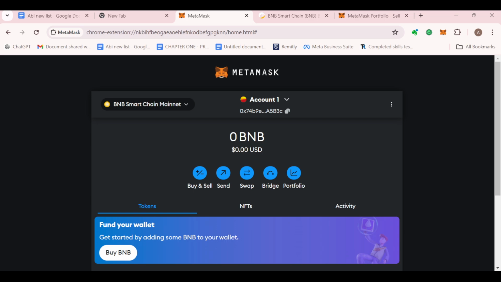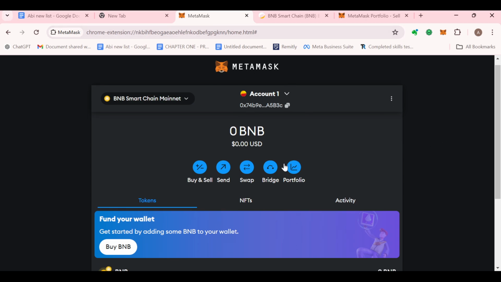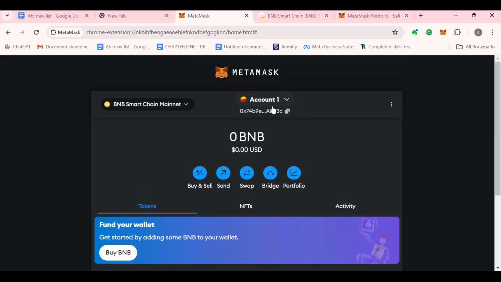In this video, I'll show you how you can transfer from MetaMask to Trust Wallet, and here is how to go about it. The first step is to log in to your MetaMask extension, just like I have done here. And then once you're on the extension page, you can see MetaMask, you can see the network and all of that. And the next thing to do is to go ahead and click on the network